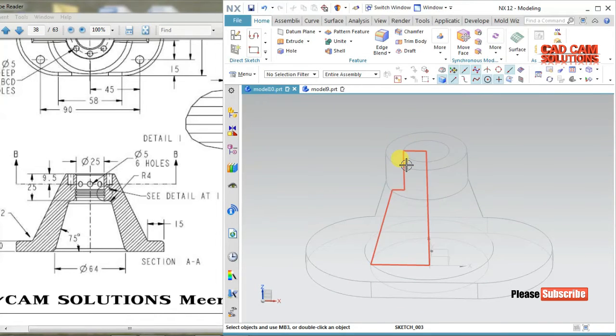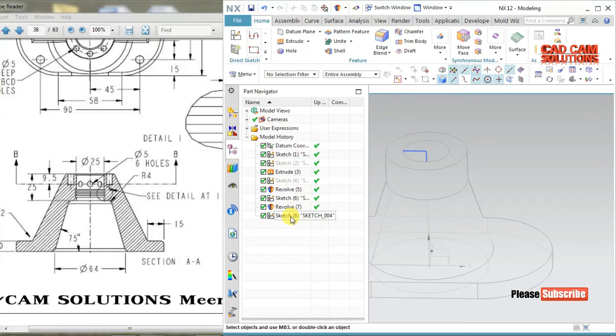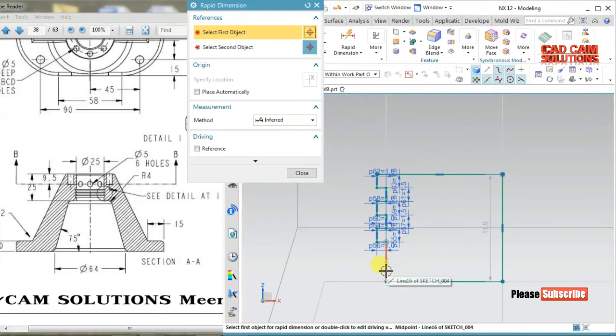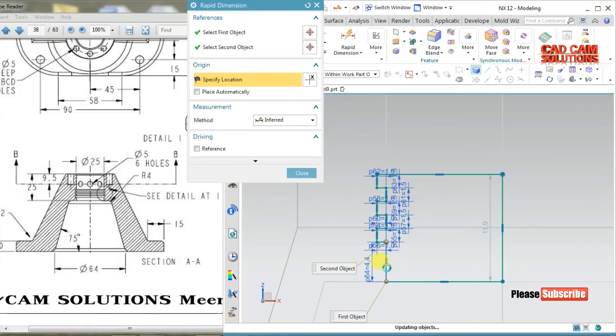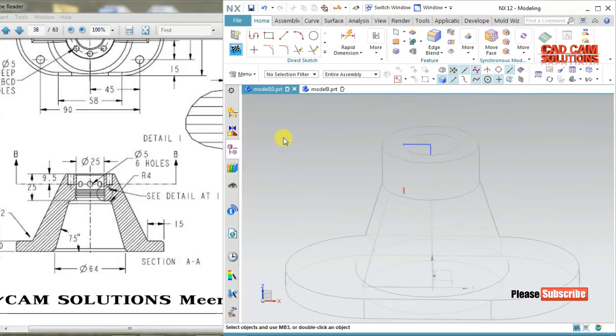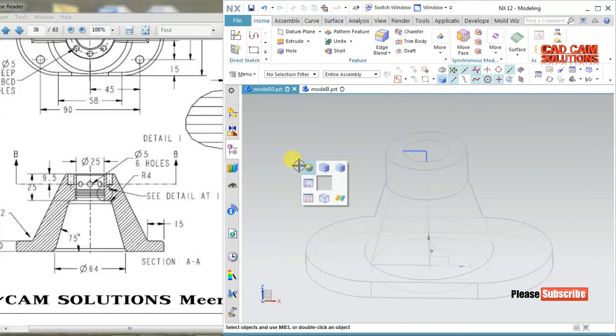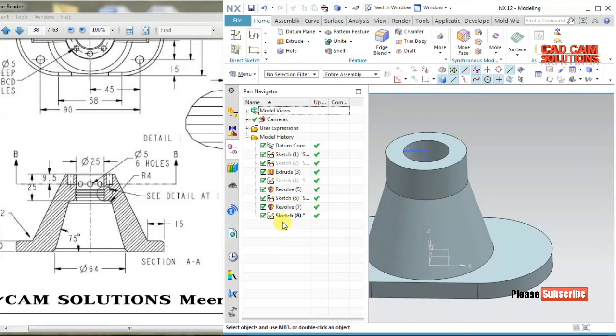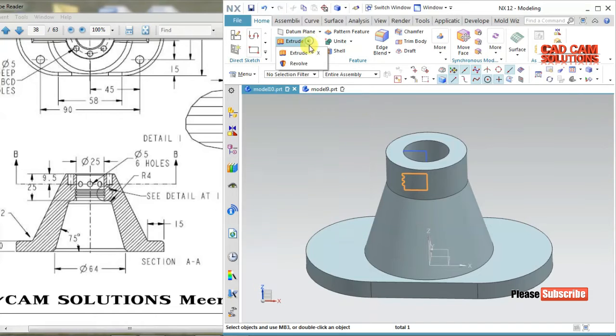Set dimension. May left, so we will redefine it and use the rapid, and this dimension is 3 and 1.5, vertical distance is 1.5, and the horizontal is 1, and everything is okay. Just finish the sketch and change the shading to shading with edges, and now select the sketch and click on